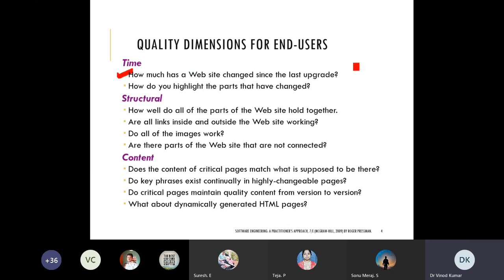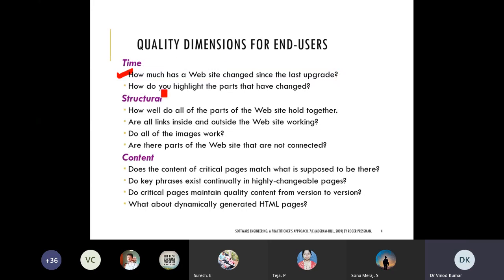If Flipkart or Amazon changes its interface entirely, you will not be able to identify it, you may feel some problem. How much has a website changed since the last upgrade? How much percentage the changes are happening, that is also a point of consideration from the point of view of end users.